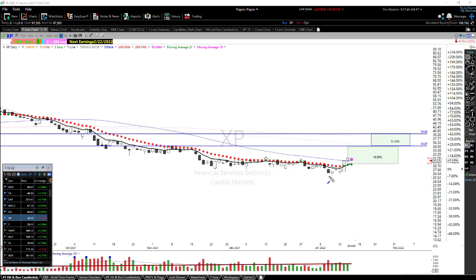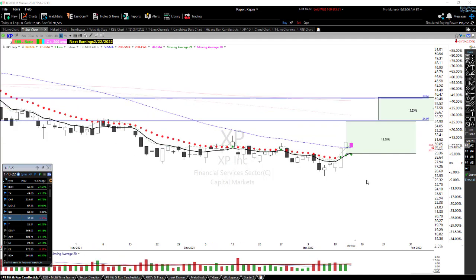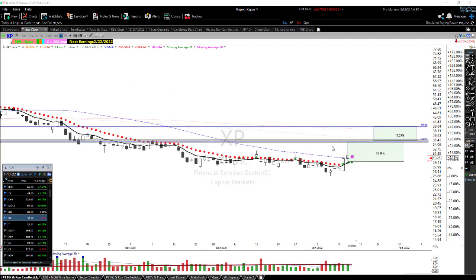Let me point this out. You've got a low, a high, a higher low, and then pop. Nice pop the day before yesterday. Yesterday showed positive trading, and then this morning we're just kind of hovering right here at the 50-period moving average. A few targets that I have, as I've mentioned in other videos, targets are one of the